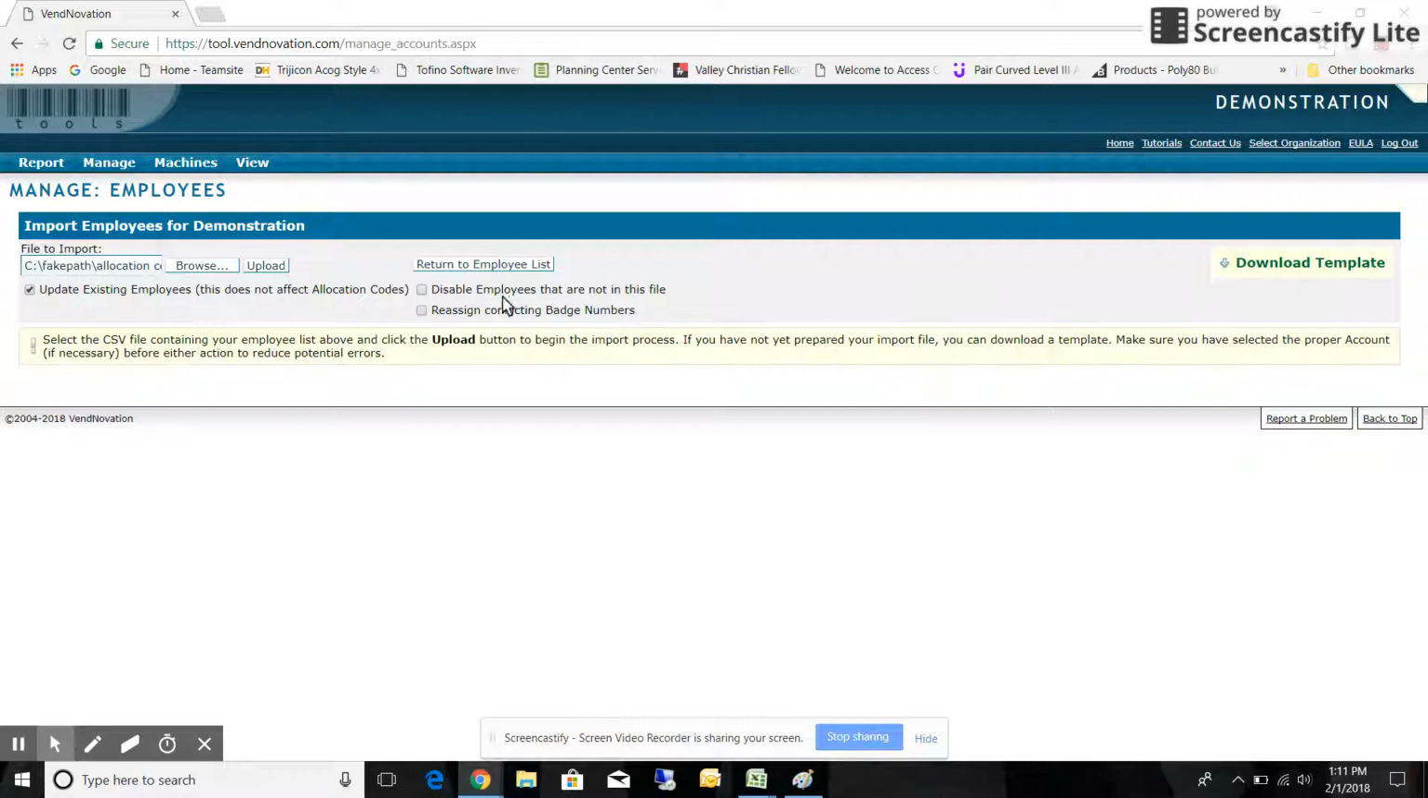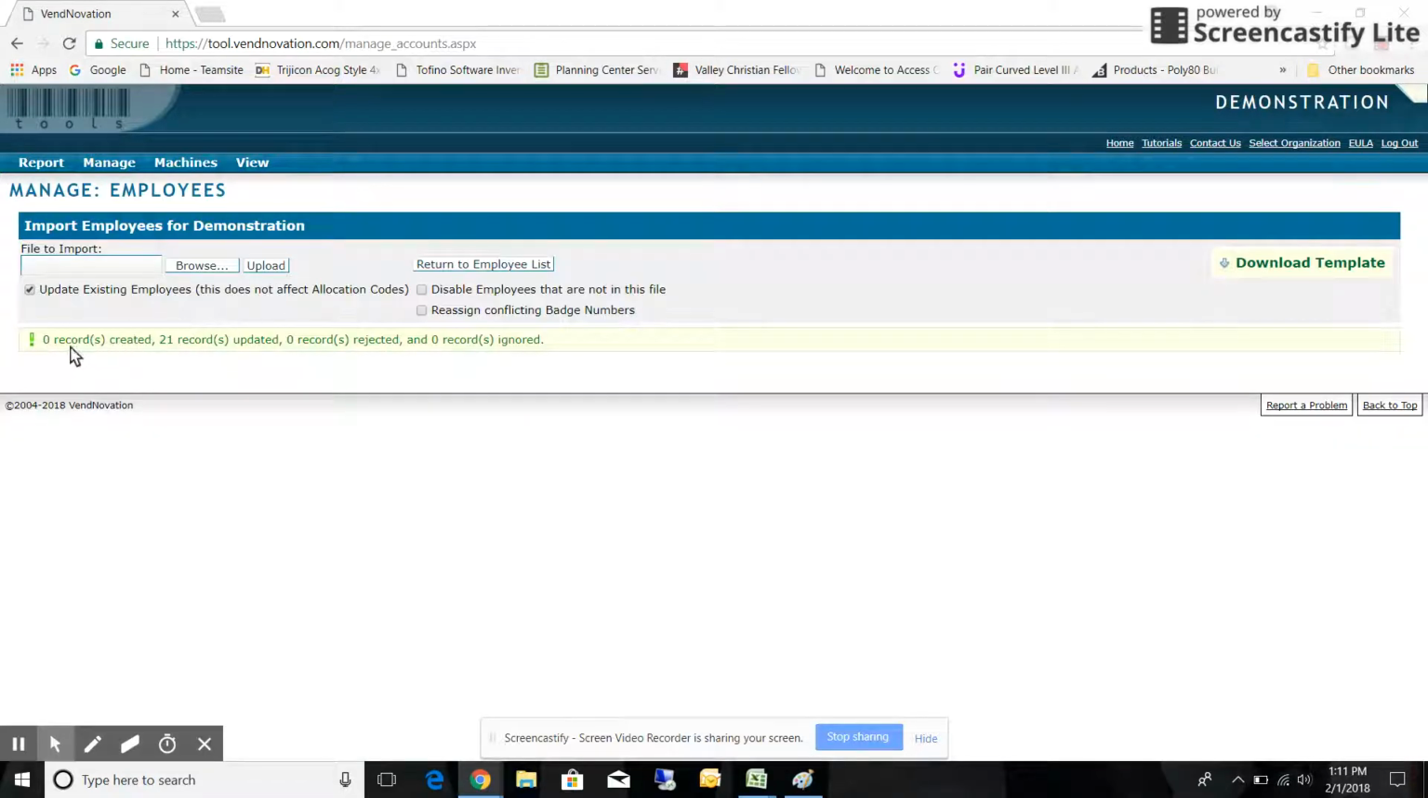You can also maintain your employee database at this time if you want. You can select Disable Employees that are not on this file so that it will remove employees that are no longer with the company or anything else that may have happened. This is not necessary, but it is a feature. Simply select Upload, and we can see that 0 records were created, 21 records were updated, none rejected, and none ignored. As we go back to the allocation codes,